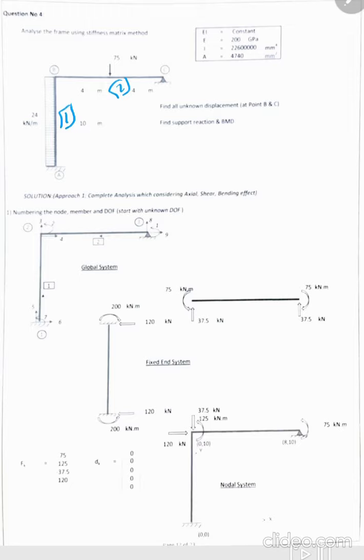So first of all, we give the global system for this structure, and then divide the frame into two parts and change it to fixed end moment. So here is the global system, this is member number 1 and this is 2, and for the direction we start with moment, and because this one is a hinge, so I will start